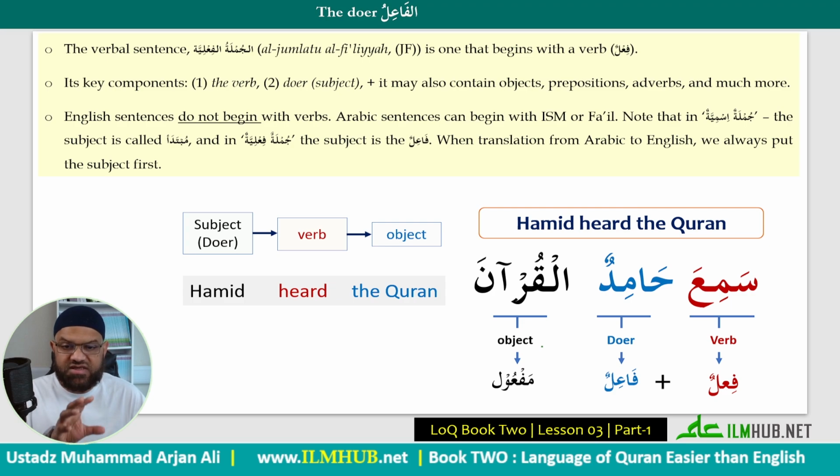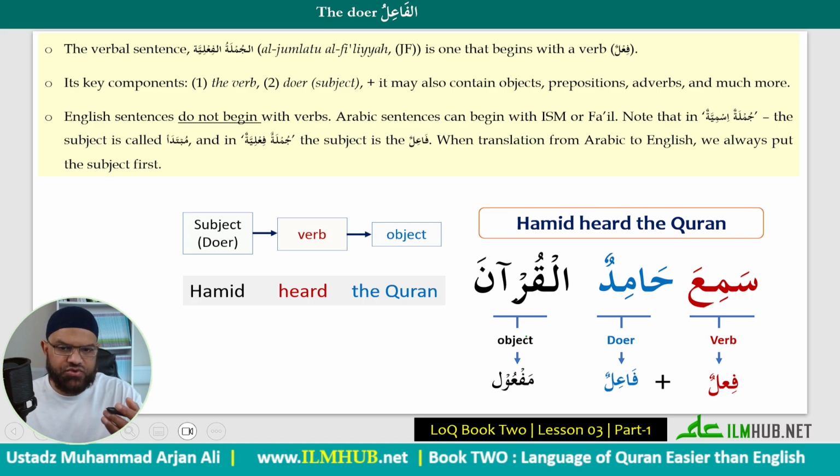So when you translate into English, and this is the crux of the matter, irrespective of whether it is the Jumla Ismiya or Jumla Fi'liya, you will have no choice, except for rare occasions, but to put the fa'il first in a Jumla Fi'liya. Of course, in the mubtada and the khabar scenario, Jumla Ismiya, it will be the same. But you will have to put, like I had to do here, I couldn't say heard the Qur'an Hamid. That wouldn't make sense in English. I couldn't have said heard Hamid the Qur'an. Again, that is not really correct. So here I'm translating with the subject first. And this is the point, inshallah, why I wanted to highlight this very important point, and we will now avoid confusion.